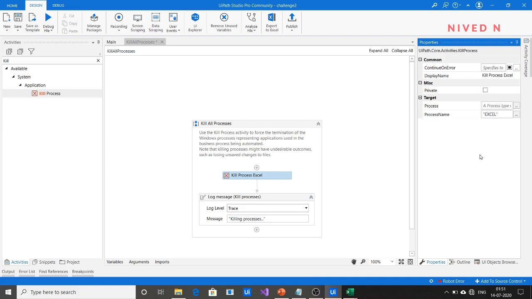Because you want to kill the Excel process here, you are providing the process name as Excel. So what is the use of Kill All Processes? Before starting the initialization of the application, Kill Process ensures that all the applications to be used have been closed, so the automation starts in a very clean mode. It also has another function: if your system or application undergoes a system exception and hangs, Close Application cannot work at that time. At the same time, Kill Process will forcefully close the application. That is one of the advantages of Kill Process. So this is about the Kill Process activity.